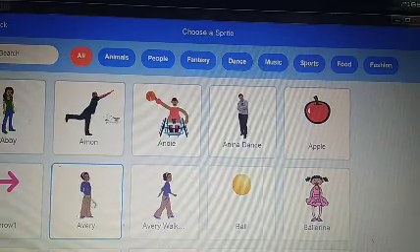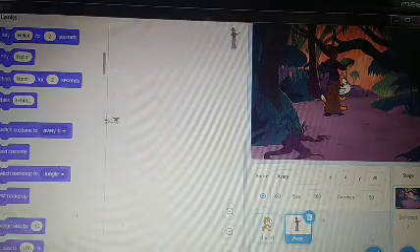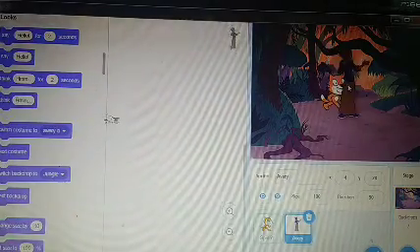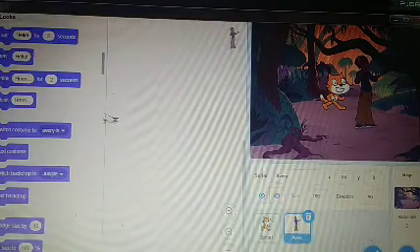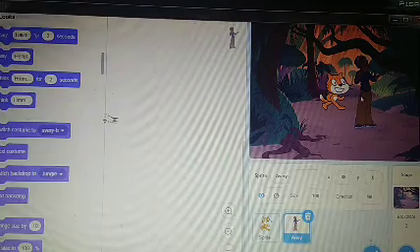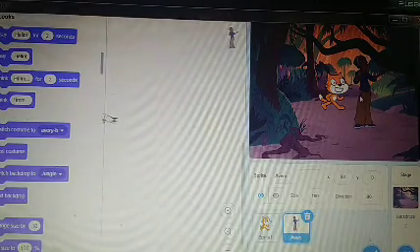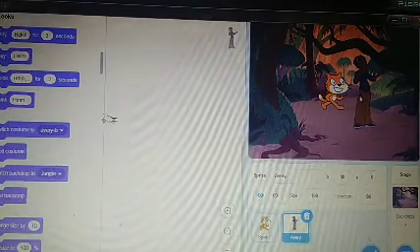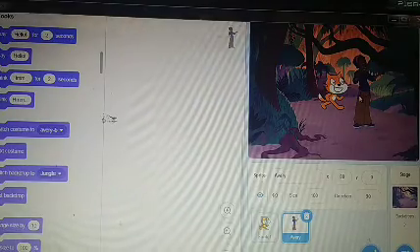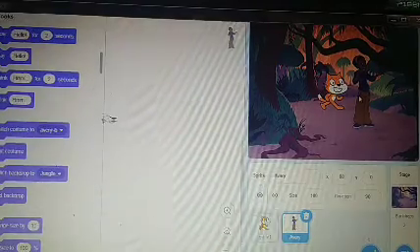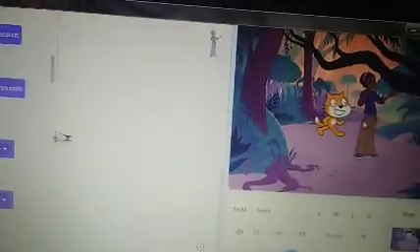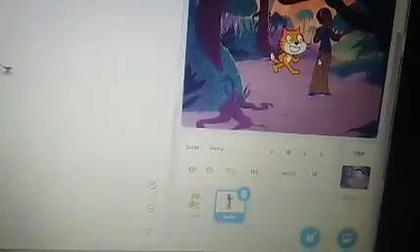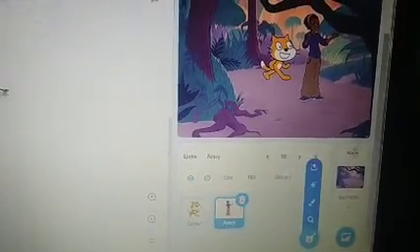Here you see, now we have 2 sprites, clear? One cat and one more. Sprites as per your story's requirement you can choose. So many sprites we have.